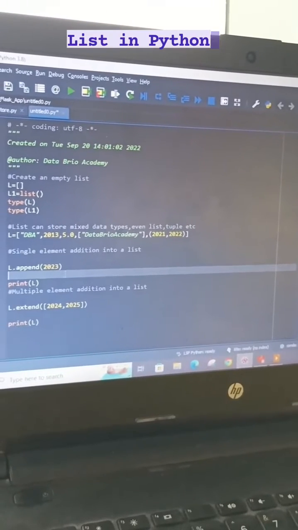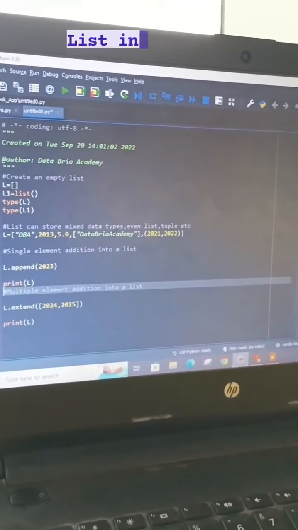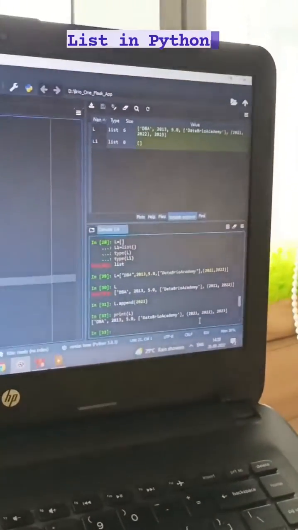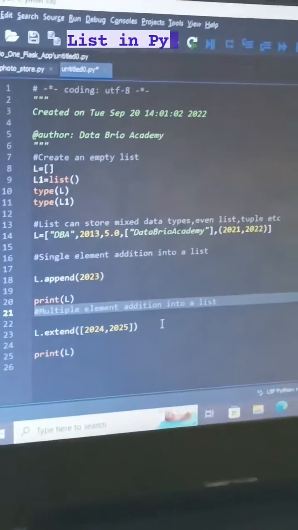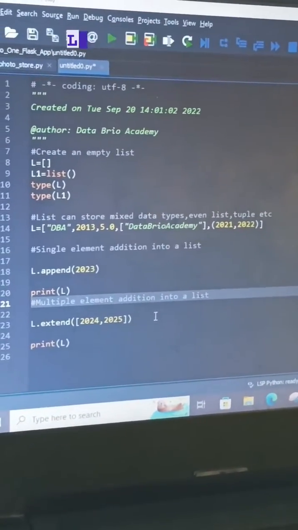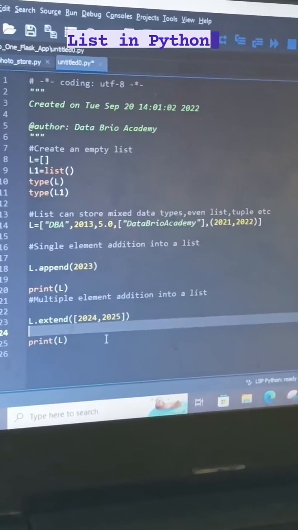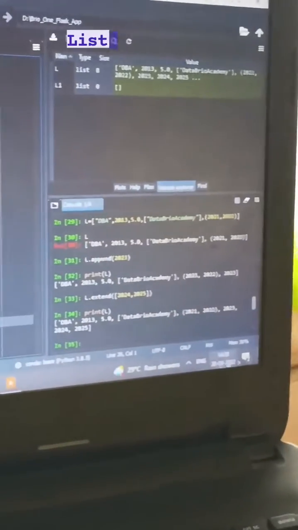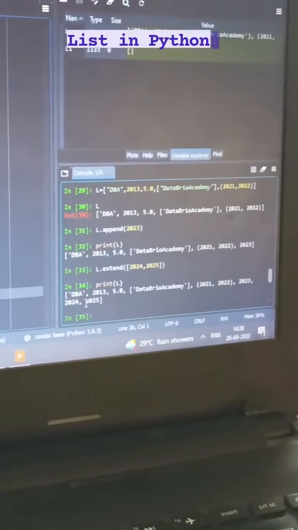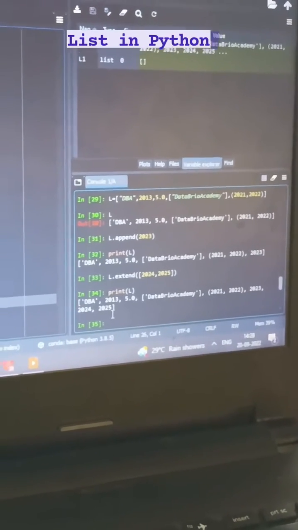So now if we quickly check the list, you can see the element has been added at the end of the list. Now for multiple element addition into a list, you can use the extend function. Now quickly we will check the list. Now you can see 2024 and 2025 have been added at the end of the list. So that's it for